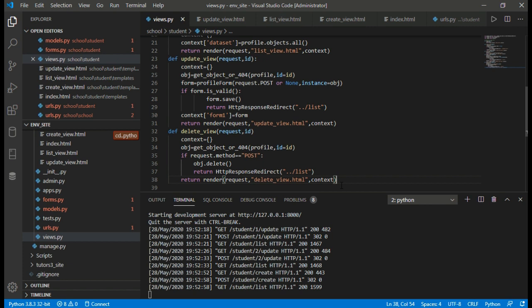This is list. Okay, and we have else return render, request, and delete view.html, and context.